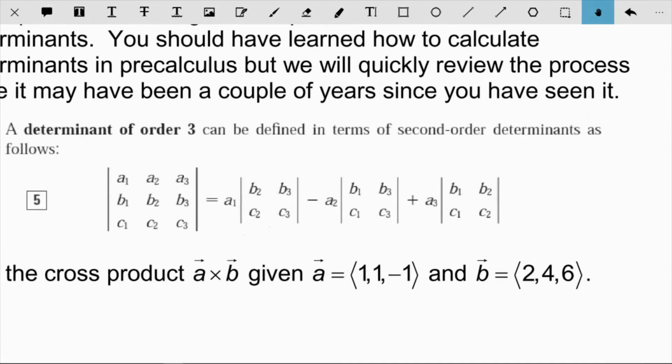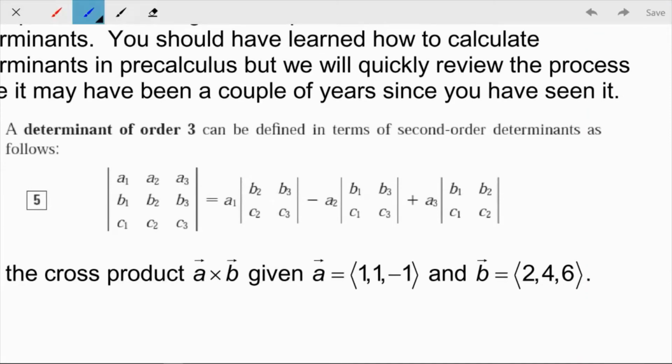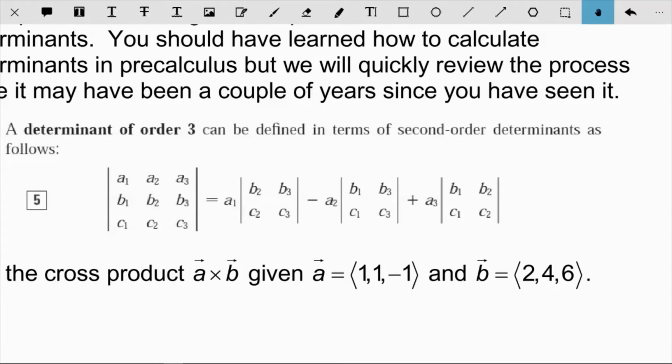This is just a reminder of how it works. So the one thing you have to remember when you find a 3x3 determinant, you break it into smaller 2x2 determinants, but don't forget about this minus here. That's the one thing that people tend to forget. So let me just show you one of these as a reminder of how this works, and then hopefully that